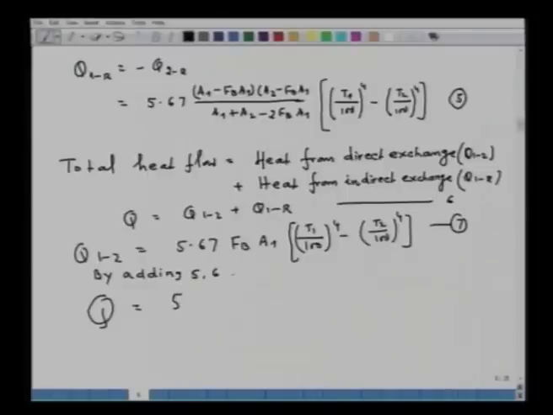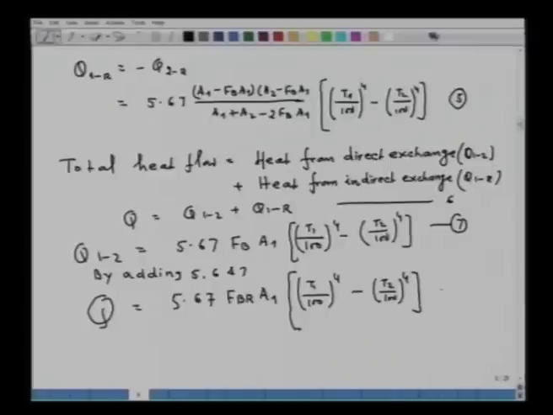By adding 5, 6 and 7 and rearranging, we get Q equal to 5.67 into FBR into A1 into (T1 upon 100) to the power 4 minus (T2 upon 100) raised to the power 4, and let this be equation number 8. So, here in equation 8,